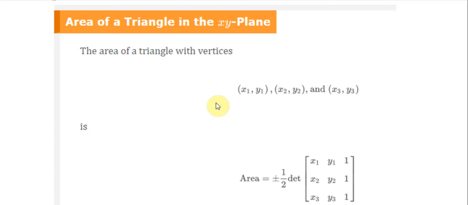If you have a tetrahedron, you can find the volume of that space, and then going back here to a triangle, to determine whether or not points are on the same line, collinear, we can use